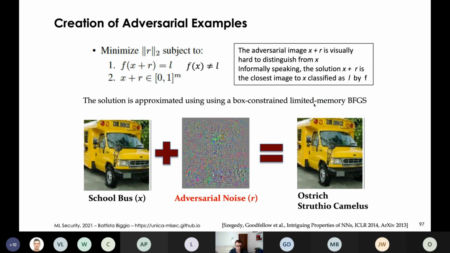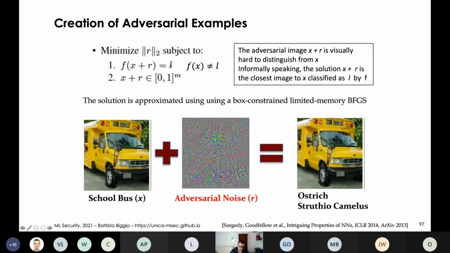How did they formulate the attack? In this case, it's formulated in a slightly different way. What you have here, this R value, is the distance. This is the perturbation that you apply, so it is actually this mask that you see here. This is what you want to find. It's a perturbation which has a minimum L2 norm. So the size of this perturbation in the L2 norm has to be very small, or has to be the minimum, such that the classification of the original point plus the perturbation